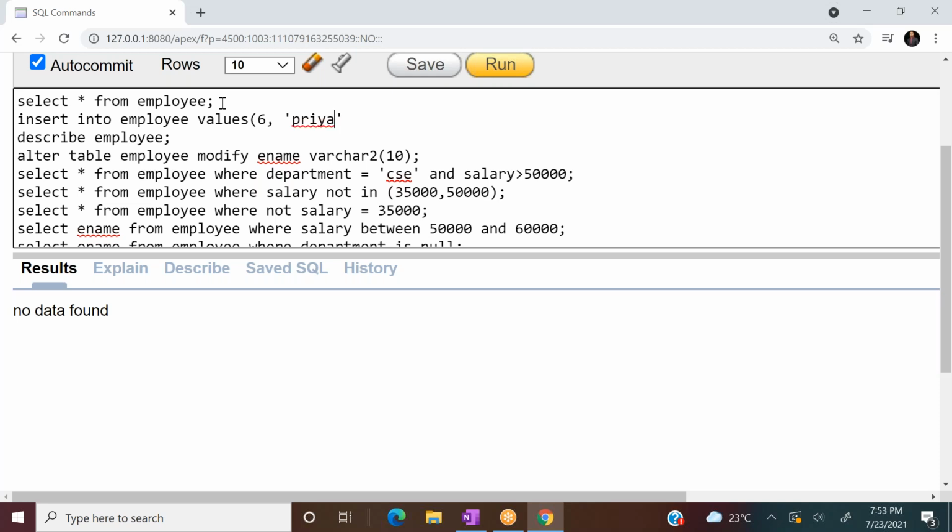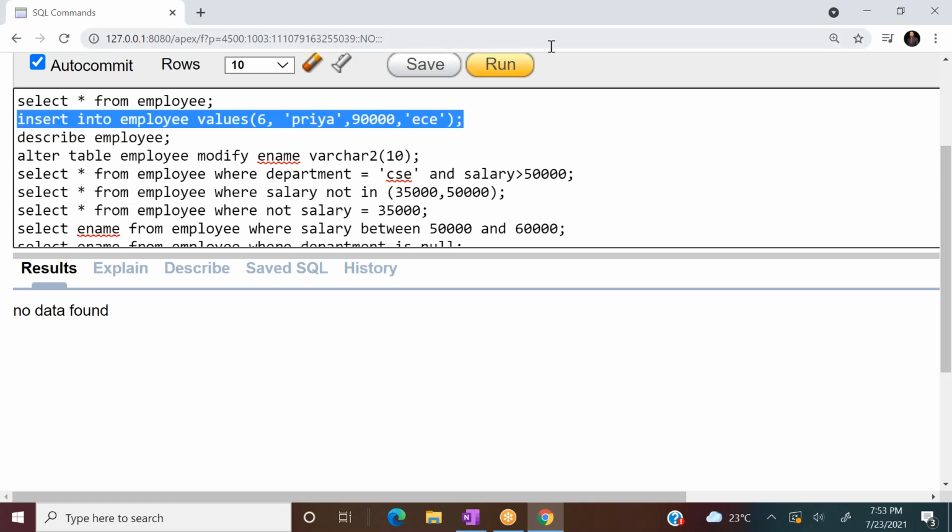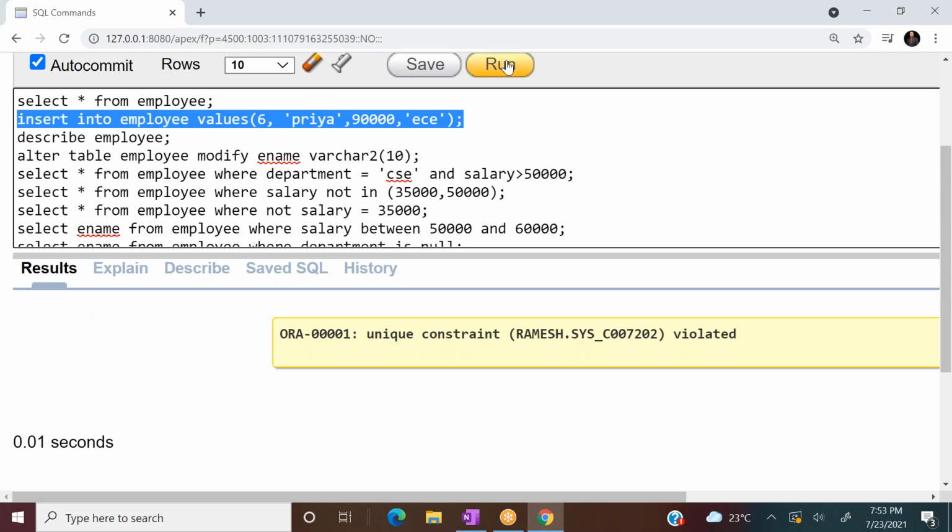I'm thinking that because the strings already inserted are fixed length character strings, even though the domain is changed, maybe it is not applicable to the existing data. Just we'll check it out. And salary is 90,000. And branch department ECE. Okay, close. We'll insert one record and check it out.